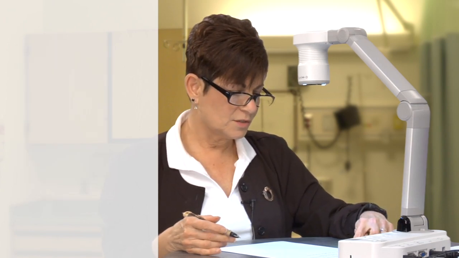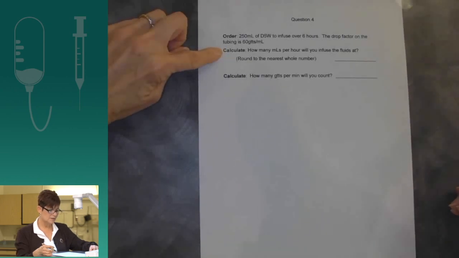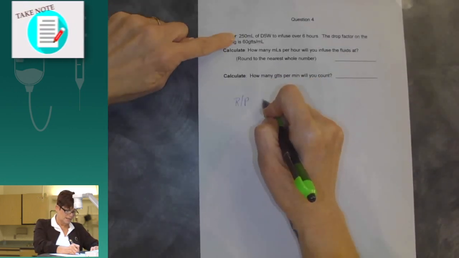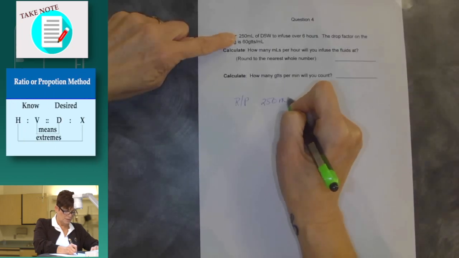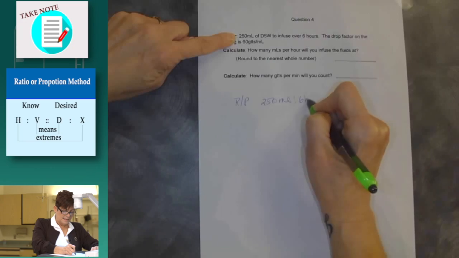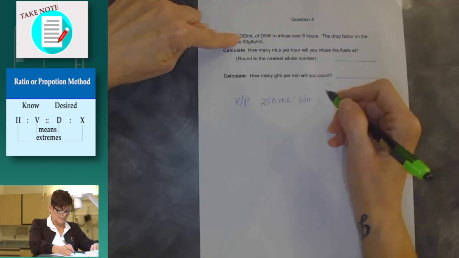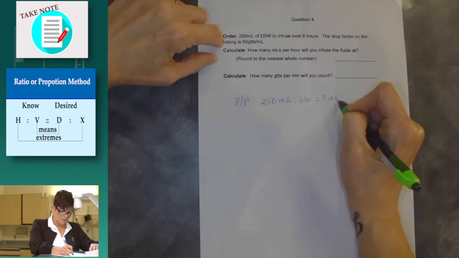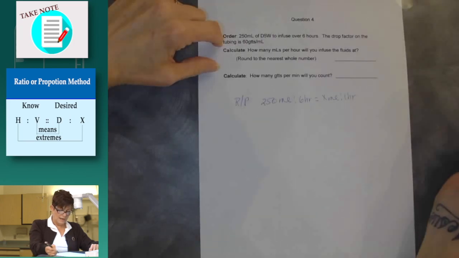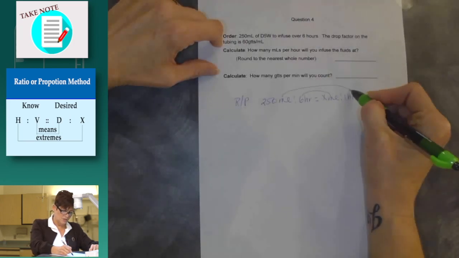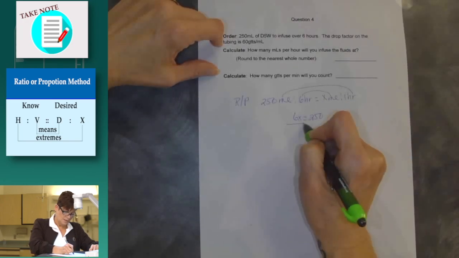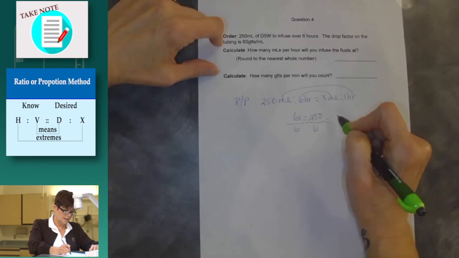So the first part we need to do is calculate how many mLs per hour we're going to infuse the fluid at. When you're doing ratio proportion, you have 250 mLs in 6 hours, because that's exactly what they're asking. So here we don't know how many mLs, but we know it's going to be over 1 hour. So again, means times extremes, we have 6x equals 250. You're going to divide the 250 by the 6, and we get